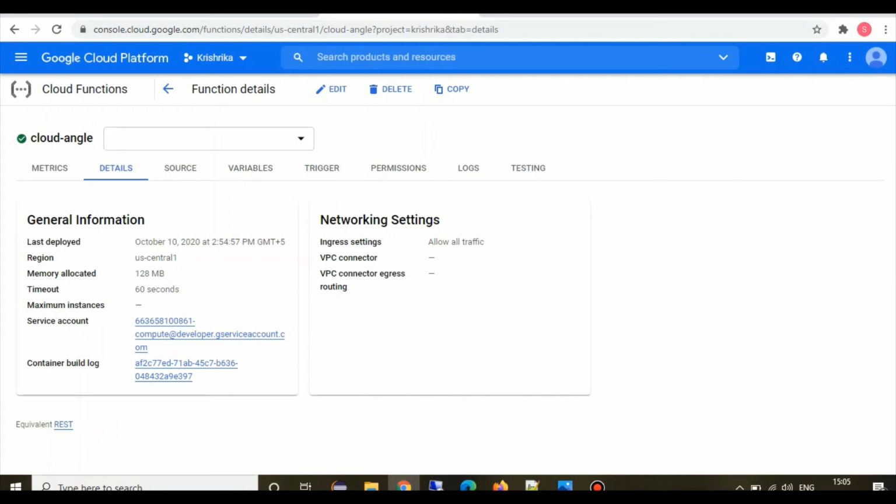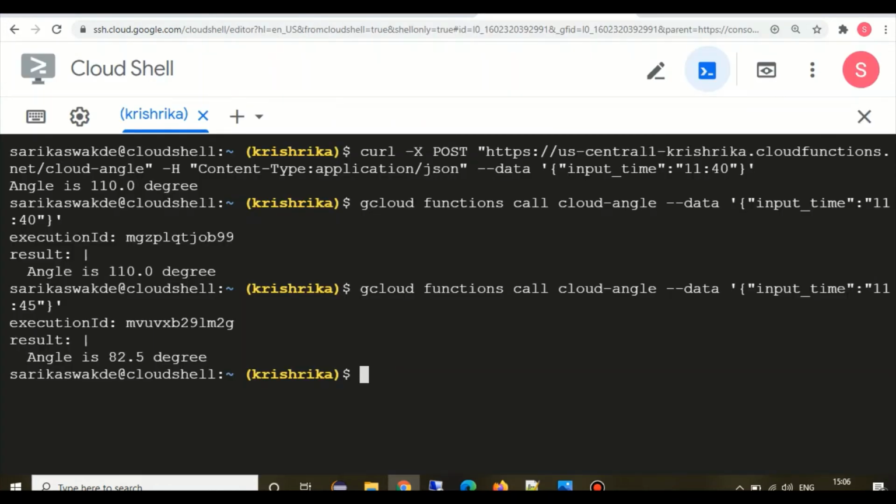Once you provide the code, you are just one click ahead, and you have to just create the command with the URL, or use the gcloud utility to execute that function, and you can run it from any other cloud component as well. So you just specify your functionality. Cloud Functions is responsible to give you the output in return.